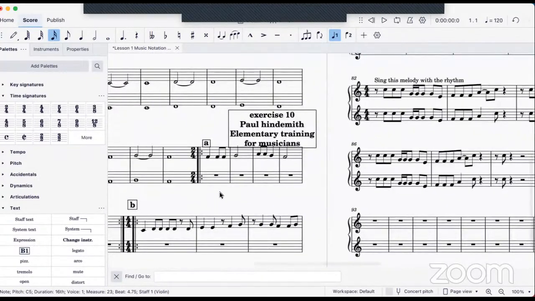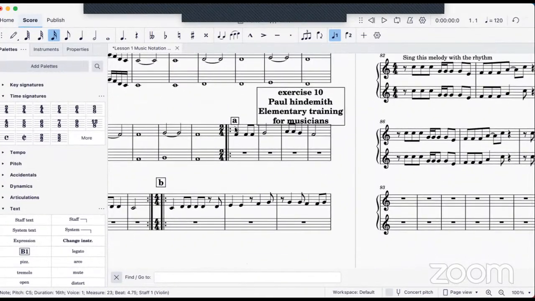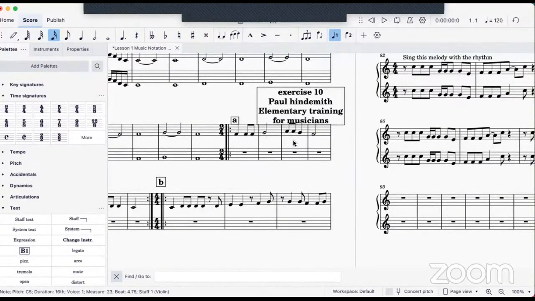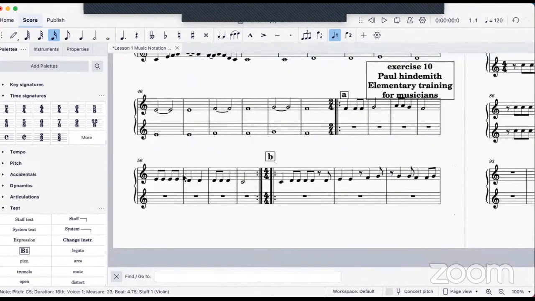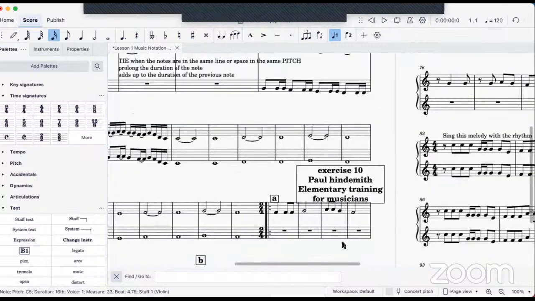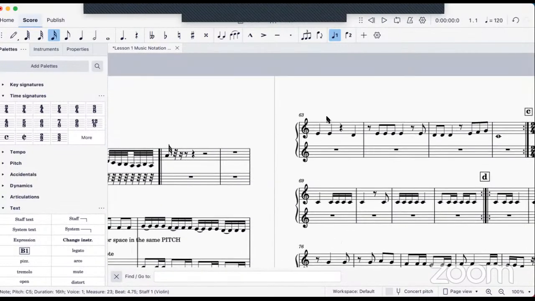In one of the assignments, you have the Paul Hindemith exercise. This is exercise 10, letter A. So ta ta ta ta ta ta ta ta. For you to do that, you record this way. Ta ta ta ta ta ta ta ta ta ta ta ta ta. For example,